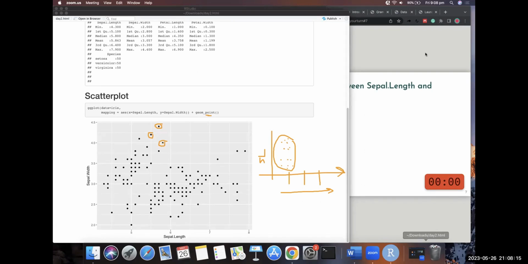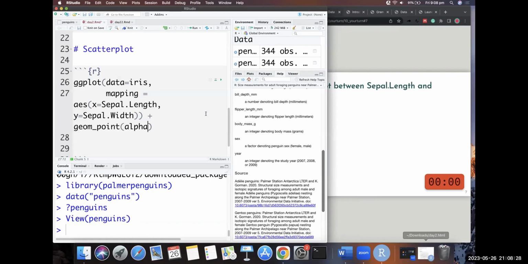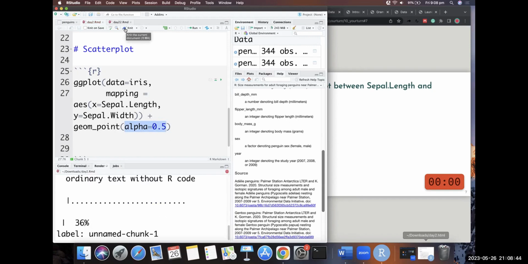It's good that you put that answer into the chat box so that others can also learn. And in this case, in order to overcome the problem of overlapping, what we can do is add an alpha value. We can also do this for the previous case as well. So inside geom_point, I add an alpha value, alpha 0.5. When you run this,